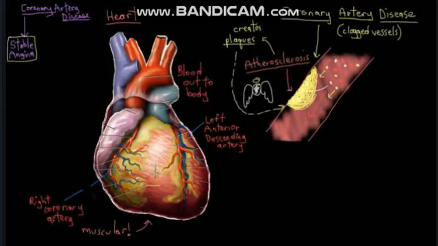So let's look at this bit of muscle down here that the artery's sending blood to. And let's put our plaque here, upstream. When you're at rest, when your heart's not doing too much work, enough blood can get past that plaque and get down and feed that muscle. So that muscle is happy. It's getting enough oxygen from the blood that's getting to it, and it's not feeling any adverse effects. It's totally happy, right? But what happens when you start to